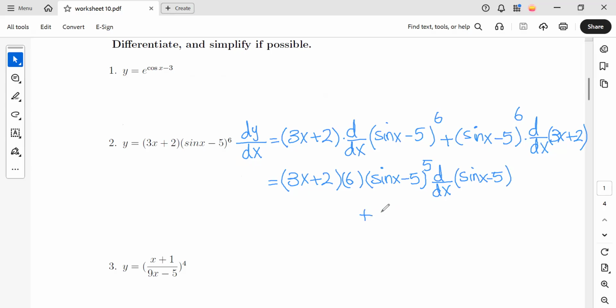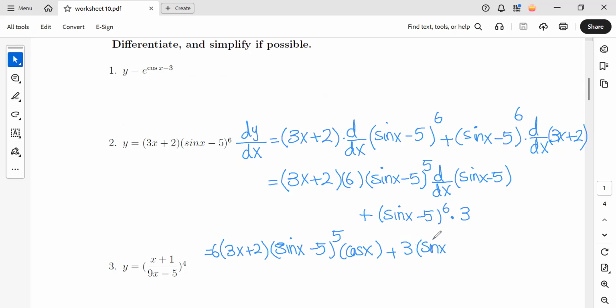Plus, for the second part, we would rewrite sine of x minus 5 power 6, and the derivative of 3x plus 2 is just 3. So we would rewrite everything. 6, we usually write it at first. 3x plus 2 times sine of x minus 5 to the power 5, and we know that the derivative of sine is cosine of x, and the derivative of negative 5 is 0. So altogether, this will be